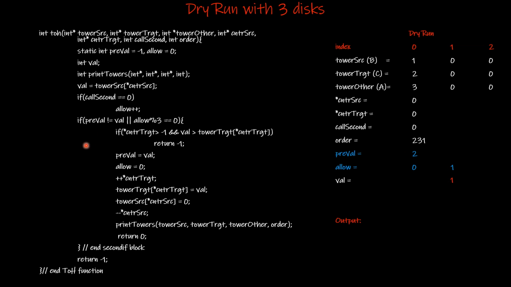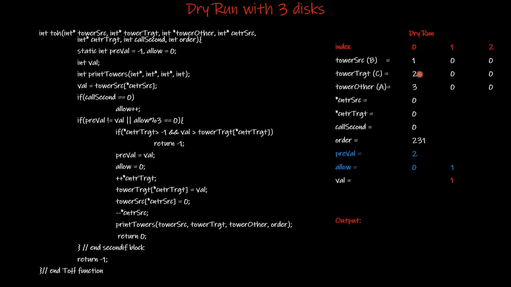Okay, we execute second if condition. Is counter target greater than -1? Yes, it is. Value is 0. So we have to check the second part of the condition. Is the val greater than the value which is below the position where it is going to be placed? Val value is 1. Okay, and at the target location, if this is our target location, but one position below it we have value 2.